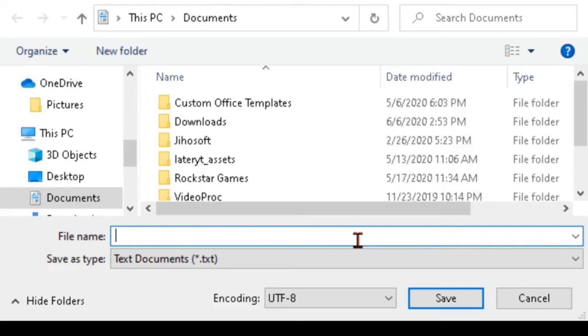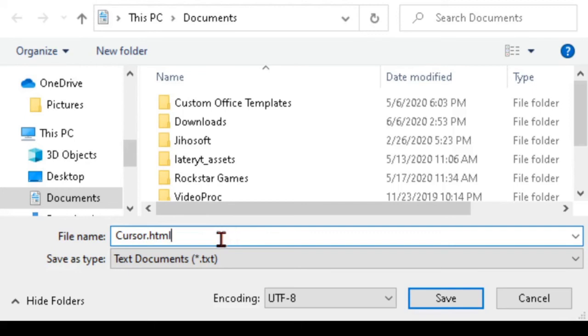Now you can give any particular name of your file that you want to give. Suppose cursor, I have given the particular name, and the main extension of this HTML is .html. Always try to listen carefully and always keep in your mind that the extension is .html. Your program should be saved in .html extension. This is the main thing to save, otherwise you will not get the result.